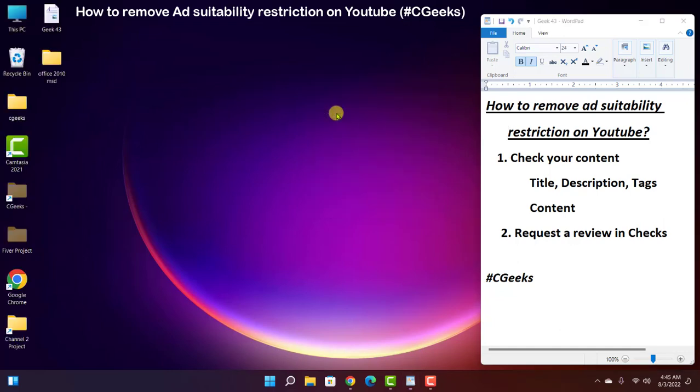Today we are going to discuss a very important topic, which is how you can remove ad suitability restriction on